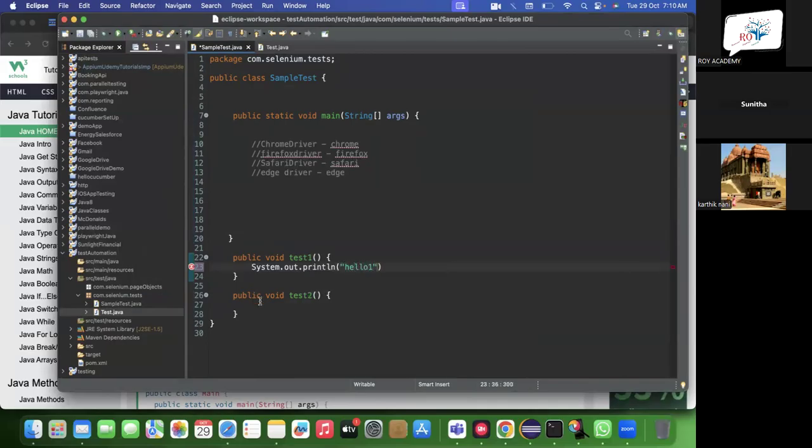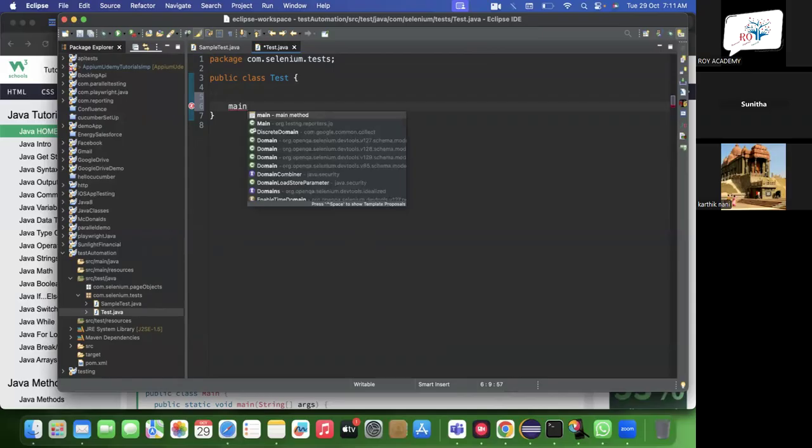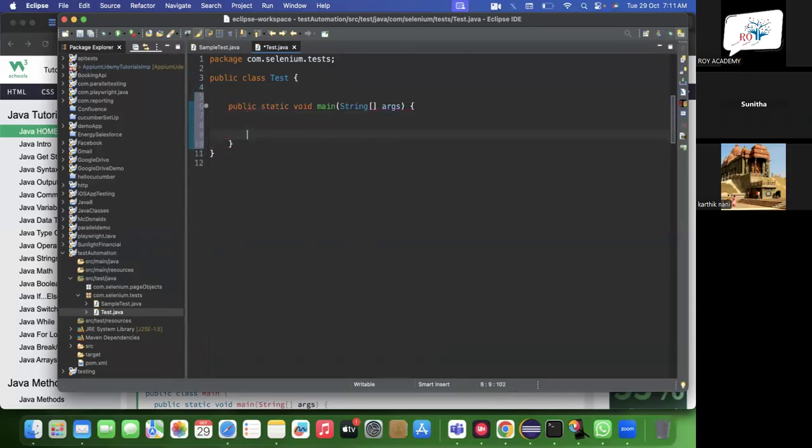Hello, one, and every Java statement ends with a semicolon. Two. Now assume you want to access the functionalities of test1 and test2 in this file. What you'll be doing is, of course, firstly you have to create the main method and you'll be